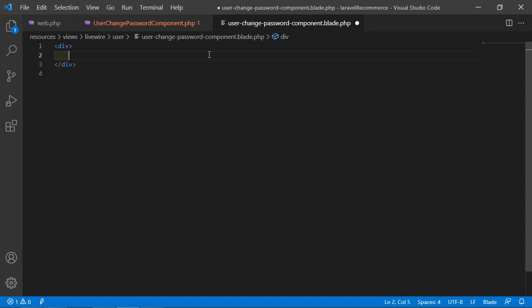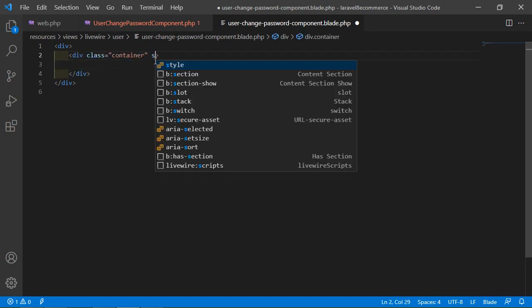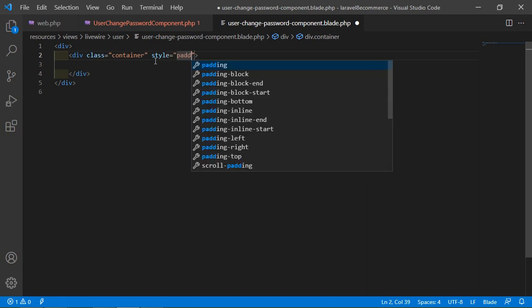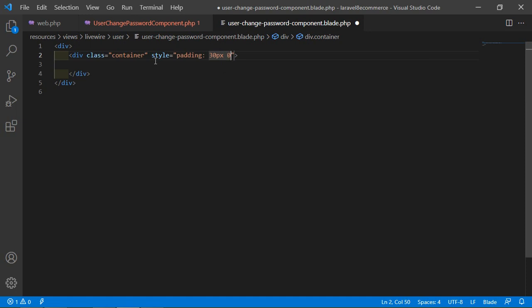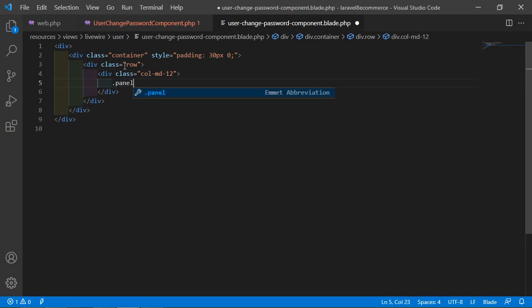Okay, so first right here add here the container, and also add here some style, padding top 30 pixel and bottom, and left right 0 pixel. Alright, now let's add here the row, then column md-12. Now add the panel default,